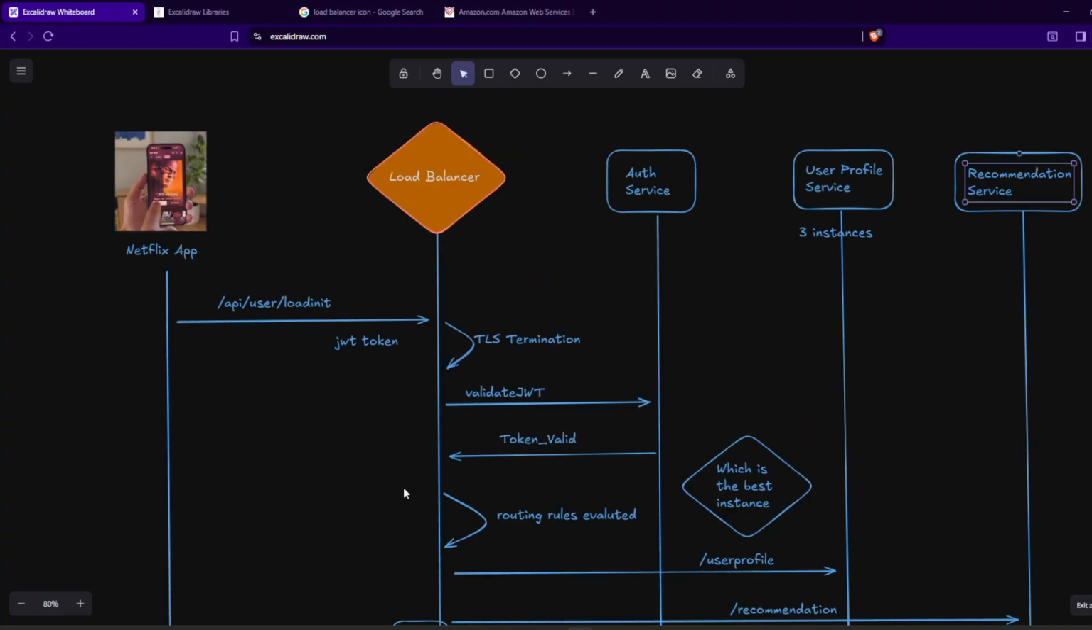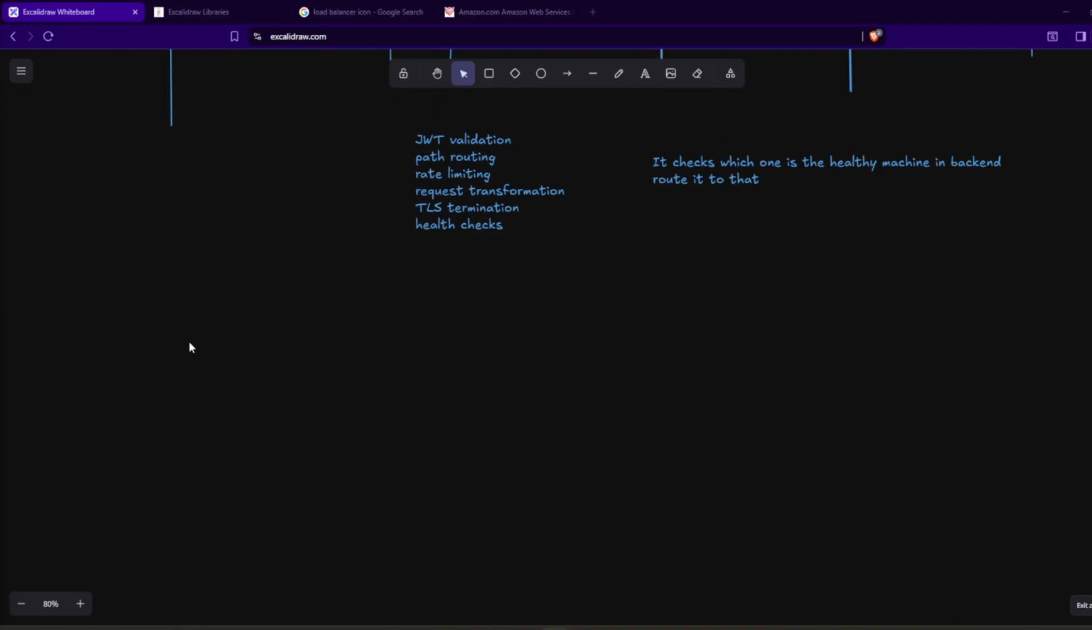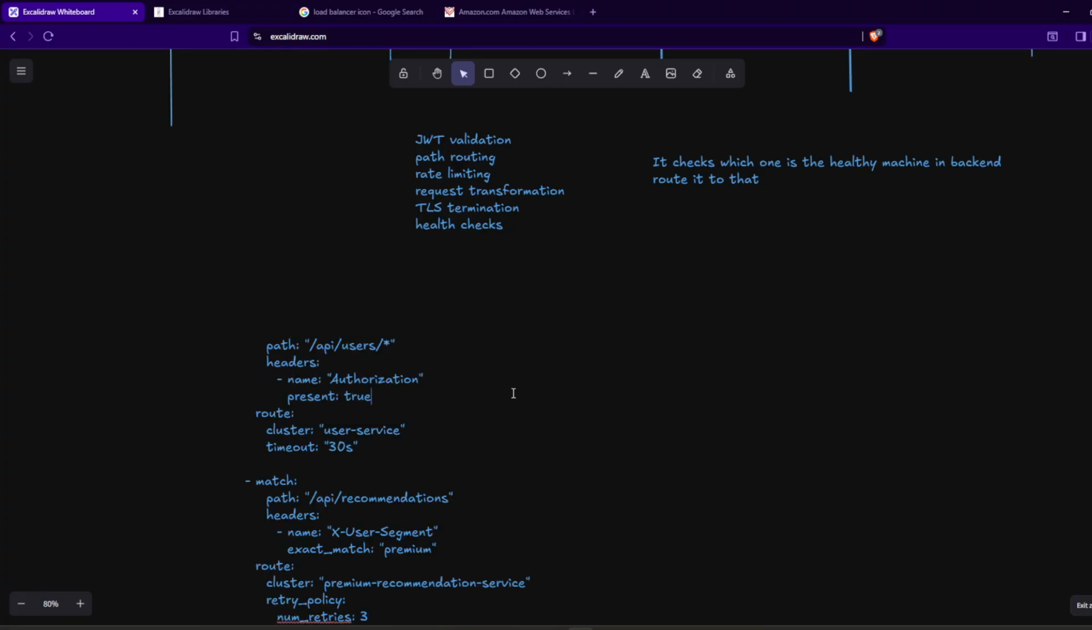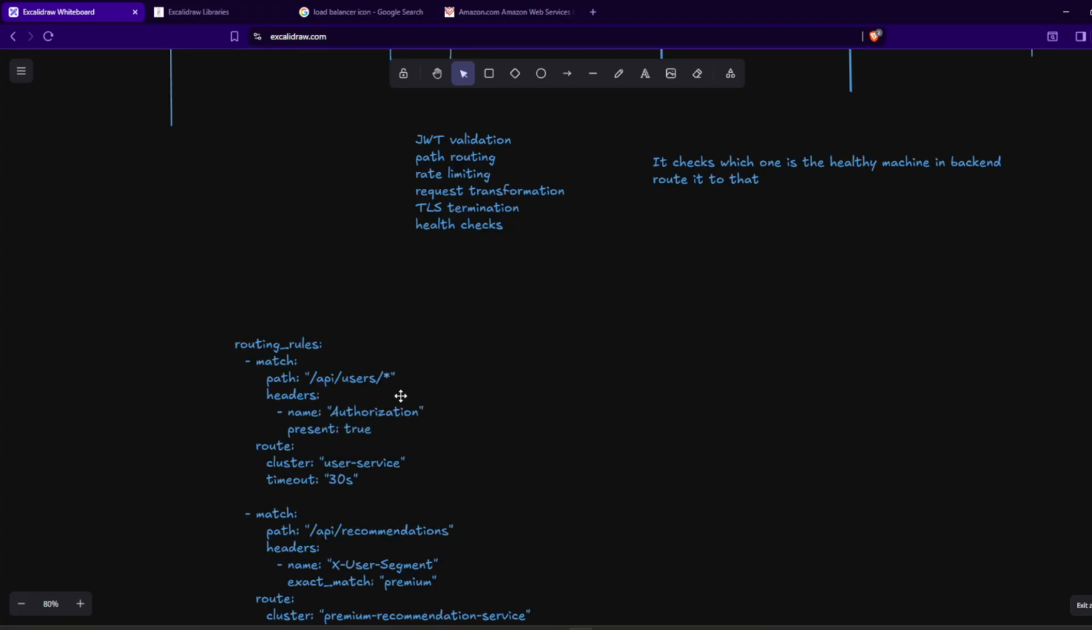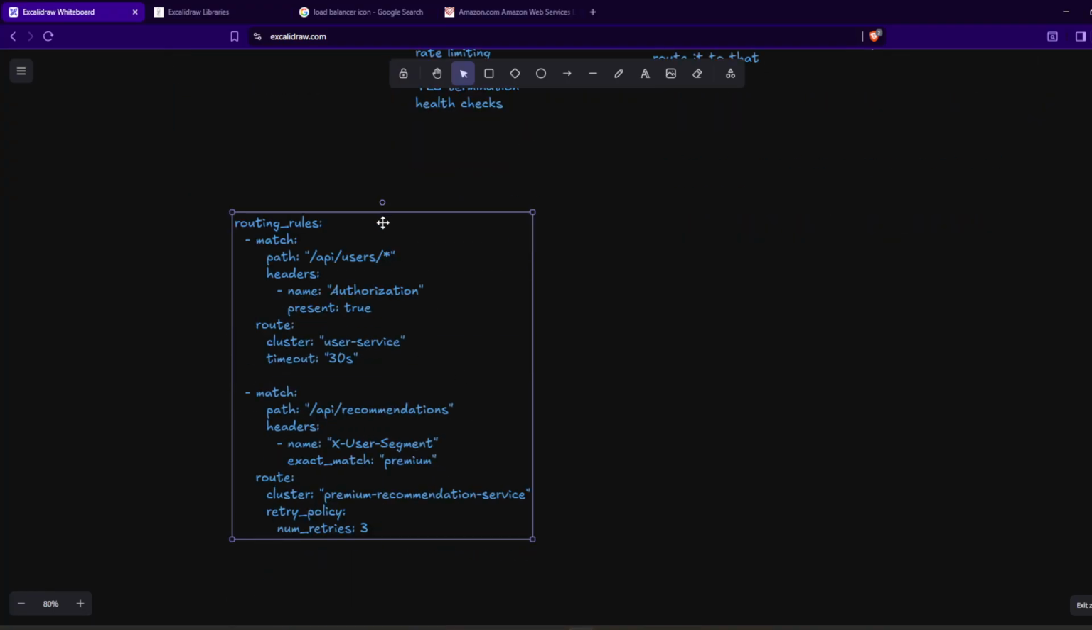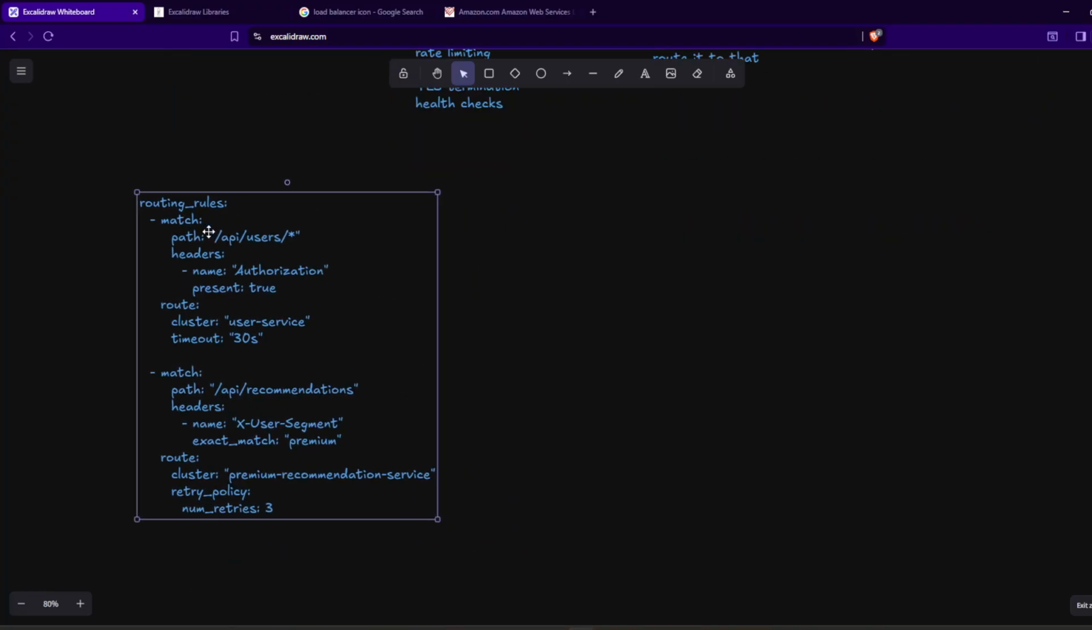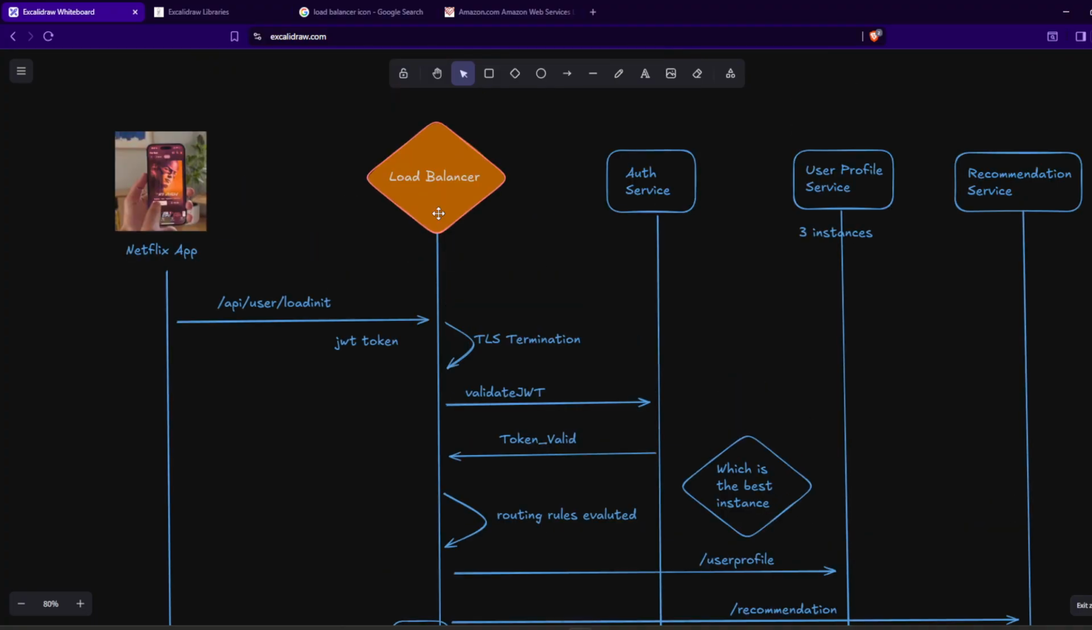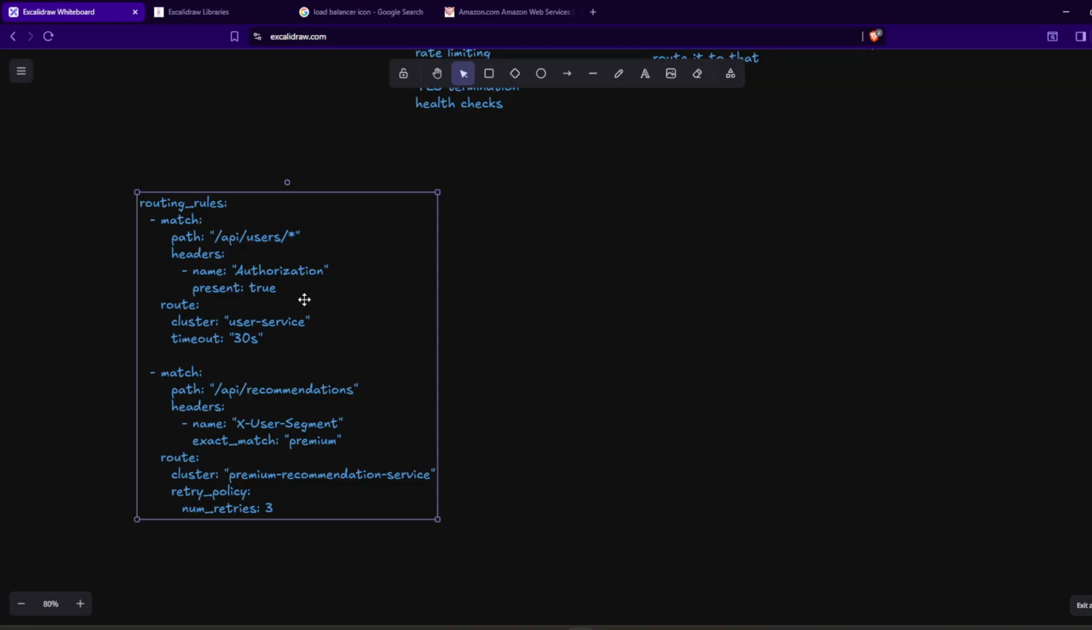Okay, so this is, on a very high level, what a load balancer does. Now, as we were discussing, we will also look at how the routing rules are done. Routing rules look something like this. Just inspect this. These routing rules are put into some kind of configuration over here, and it tells that